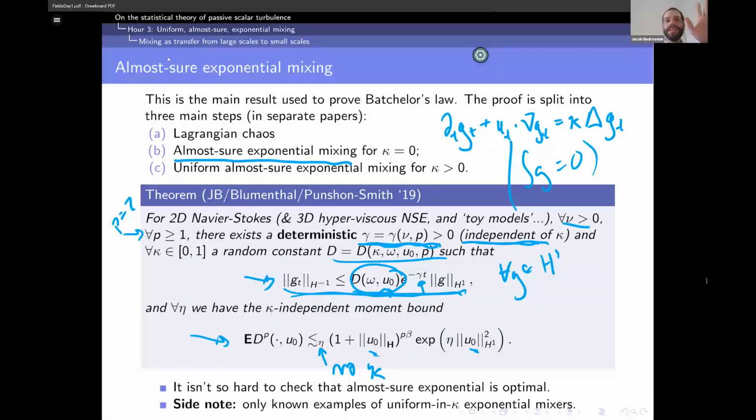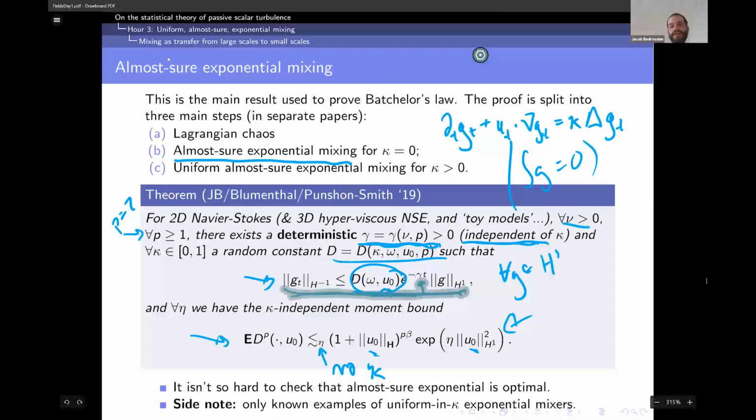This D is only a property of the velocity field on the random noise path. And this D, of course, we don't know exactly what it is. It's really complicated, what determines D. But we do have moment bounds. So we know that it's unlikely to be super huge. This is actually getting,